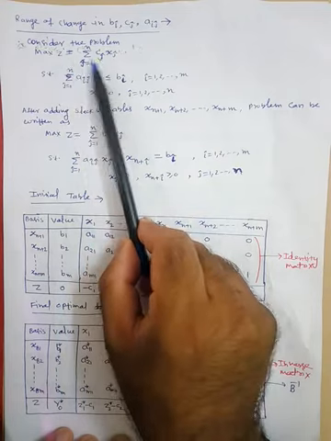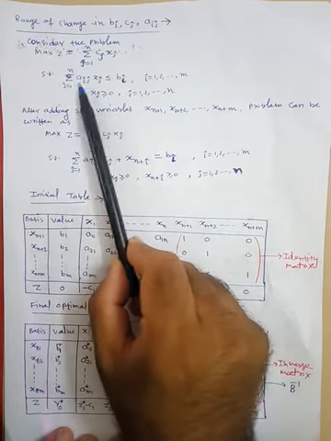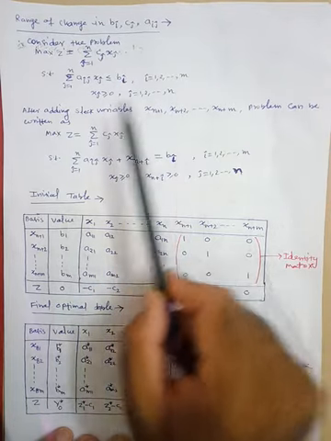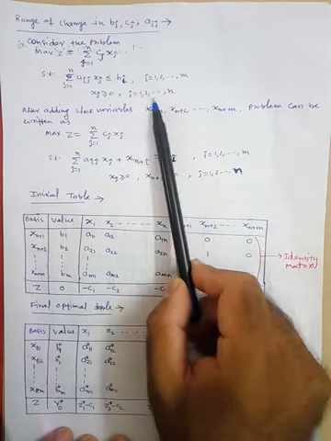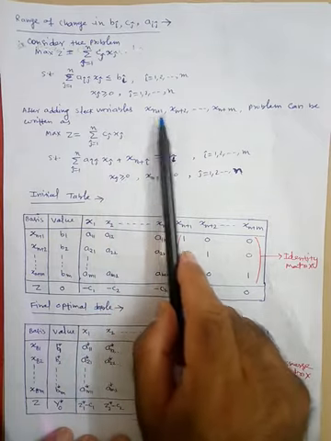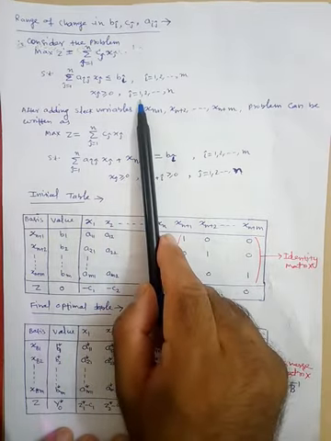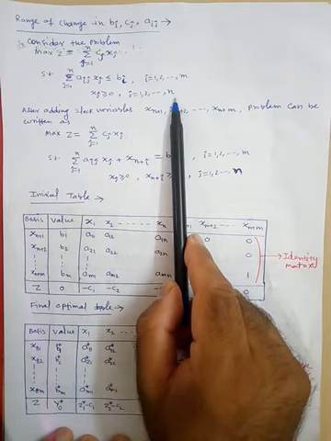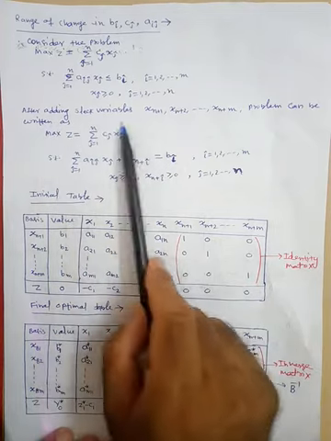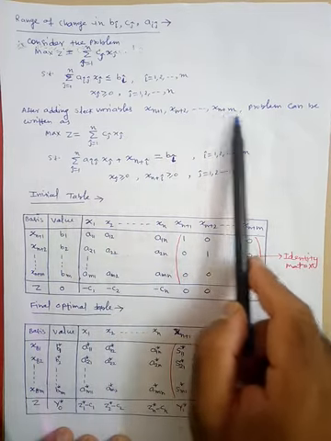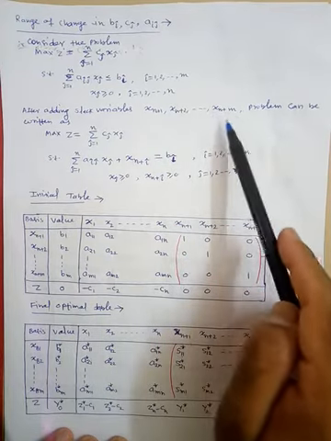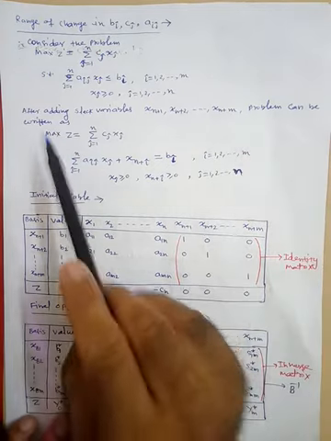Maximize z equals summation of cj xj subject to summation of aij xj less than or equal to bi, where i varies from 1 to m, and xj greater than or equal to 0, j varies from 1 to n. After adding slack variables, because the total variables here are from 1 to n, that means x1 to xn, the slack variables will obviously be xn plus 1, xn plus 2 and so on. Because we have m constraints, the final slack variable will be xn plus m. So the problem can be written as this.